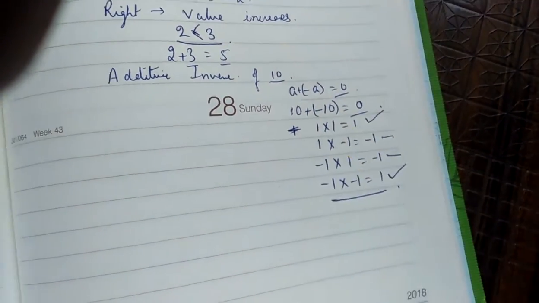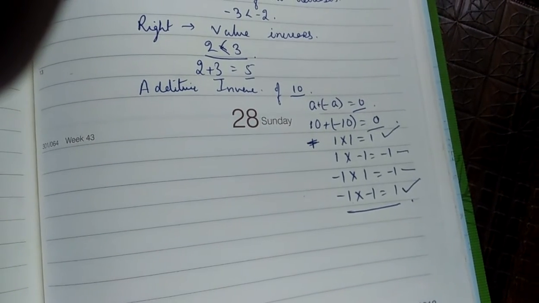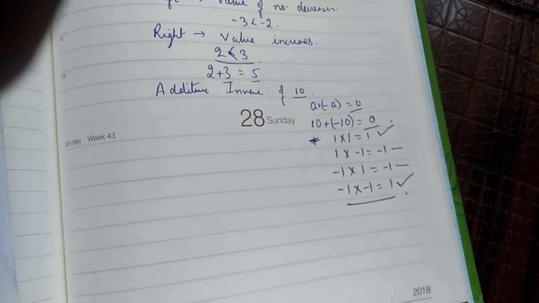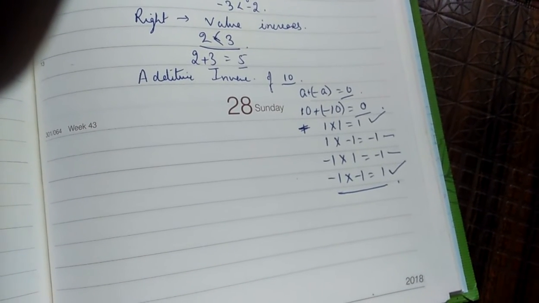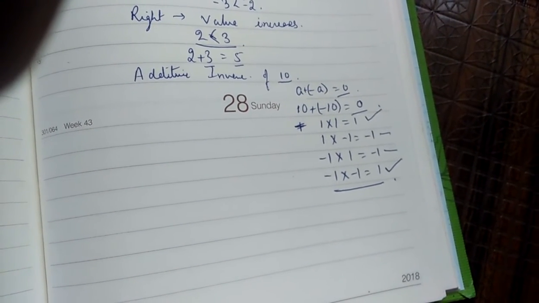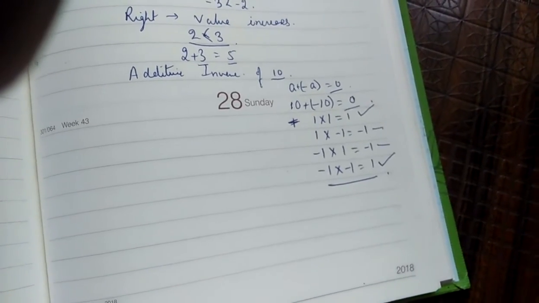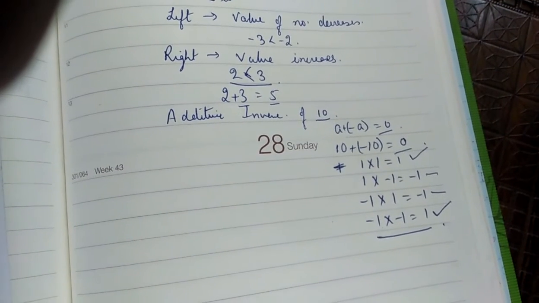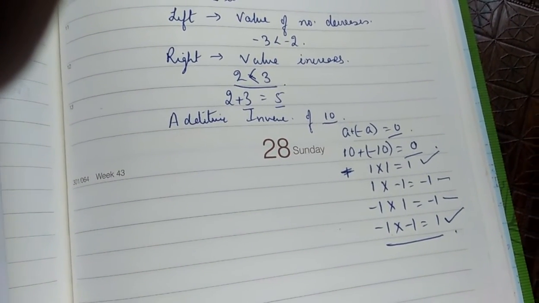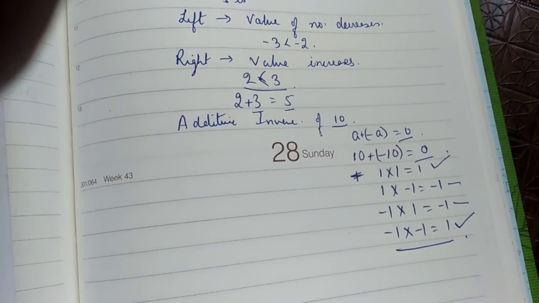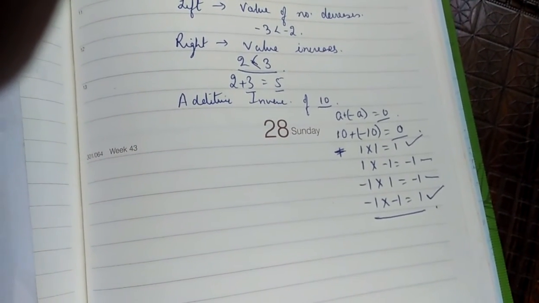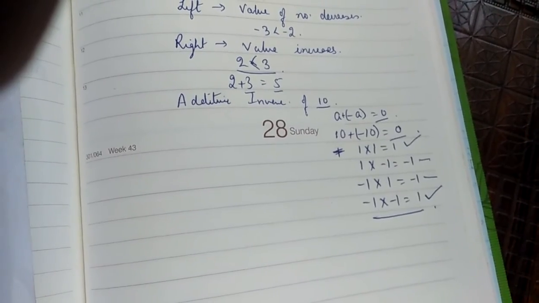That is simple enough. I don't think there is a need to discuss anything here. You can solve any questions based on this. Questions will be simple, based on the number line or adding or subtracting. Practice a few questions, and just in case you have any problem, you can ask me. Now we will discuss a few properties of addition and subtraction of integers.